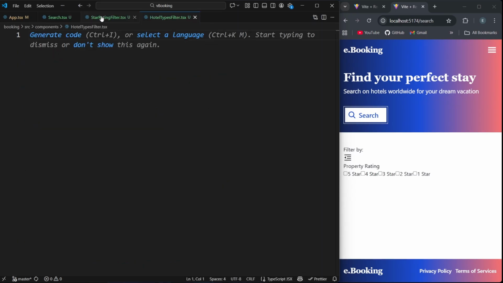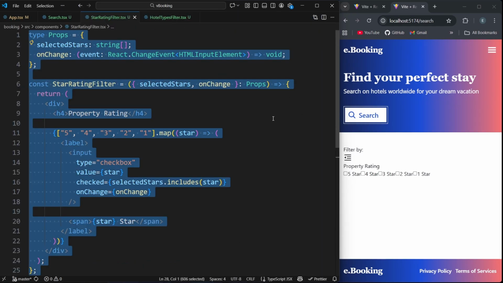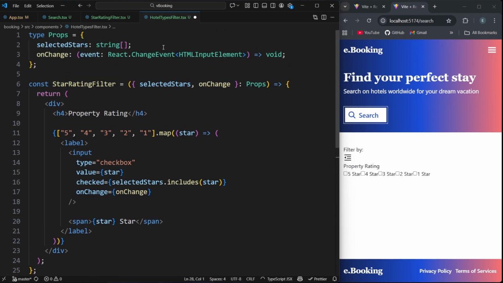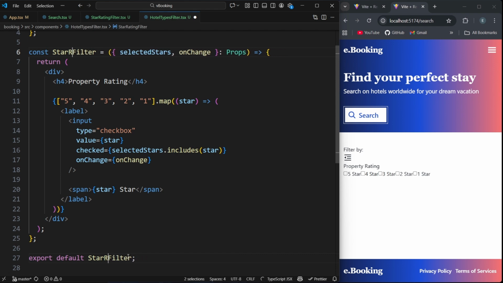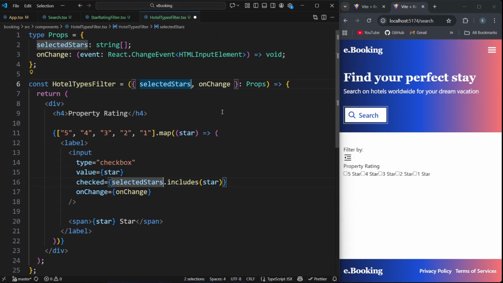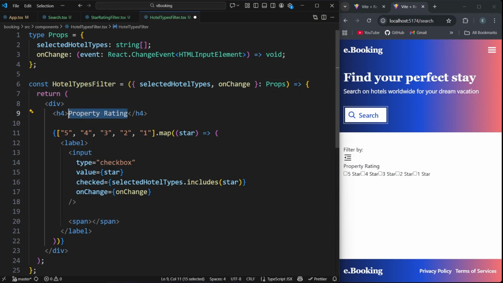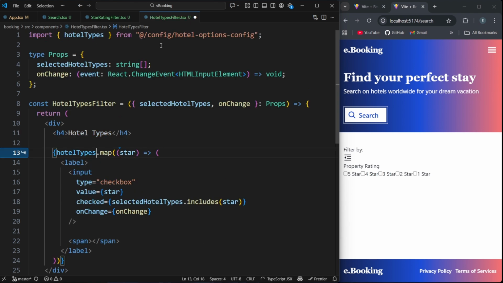hoteltypesfilter.tsx. Let's go inside star rating filter and copy this code and paste it inside hotel types filter. Now let's make changes in here. Let's change our component name to hotel types filter and let's also change our state and this type. So it will be selected hotel types like this. Let's remove it. Let's change the heading to hotel types and in here remove the array of numbers and here we will import hotel types from